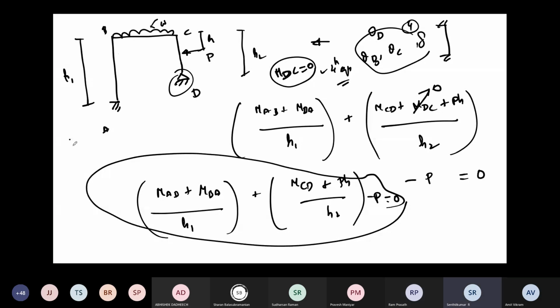So the general equations: moment about joint B will be equal to 0. Then moment about joint C will be equal to 0. Then the shear equation, that is 3, and one more equation, you can take MDC equal to 0. This moment is 0 only, because we will develop MDC as MFDC plus some equation, so that will directly become equal to 0. So we are getting 4 equations. Whenever a hinge is there, we are getting one more equation. Right?